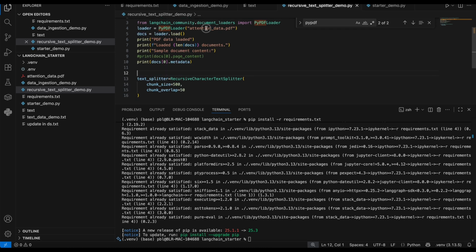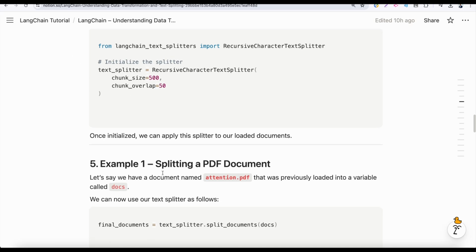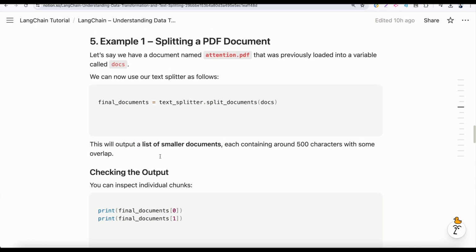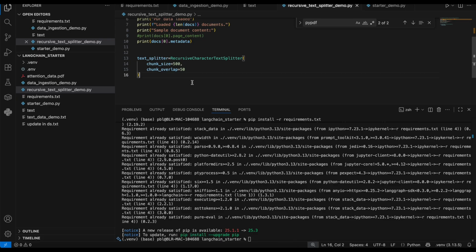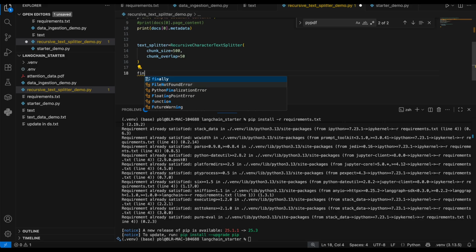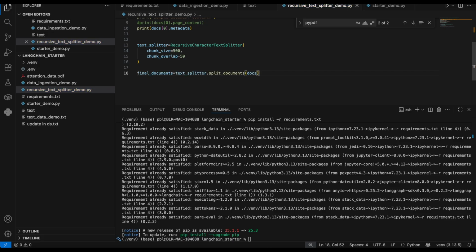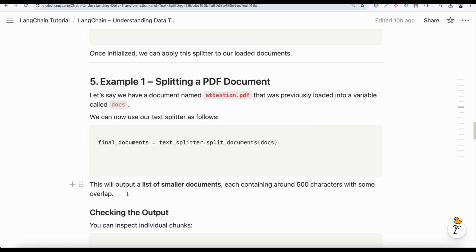First, it will load the attention data, loader into docs. We have the docs document with that one. So how to split that one? Now we initialize the text splitter, right? Final documents is equal to text splitter dot split documents of docs. Now it is ready. This will output a list of smaller documents, each containing around 500 characters